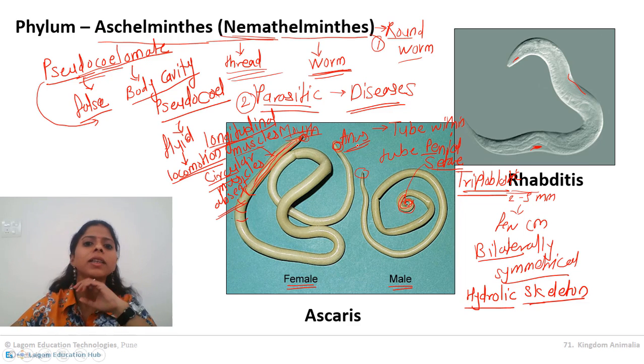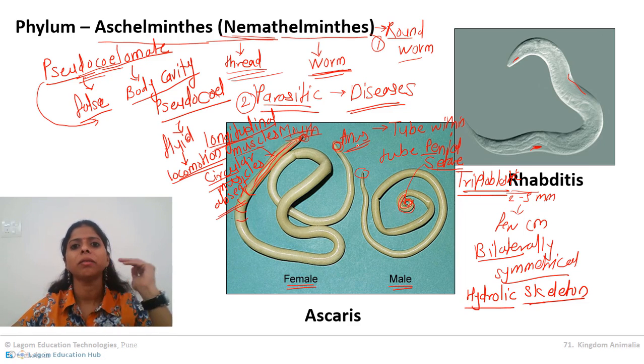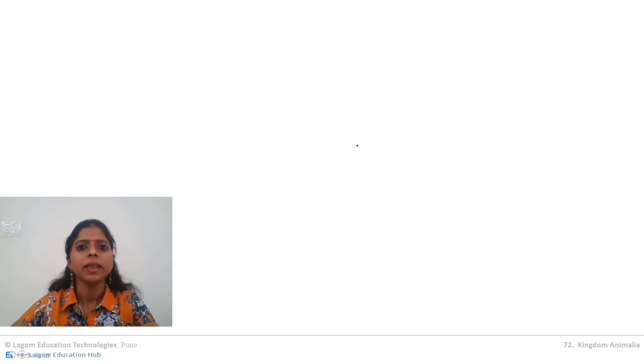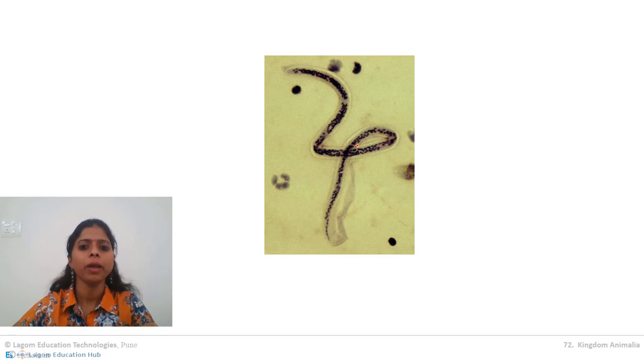So most of the characteristics we have already studied. We will gather those characteristics, but before actually gathering all of them, we will study one more important animal which is included in the nematoda. Let us see it and try to understand it. Another example of nematoda is this animal called Wuchereria.